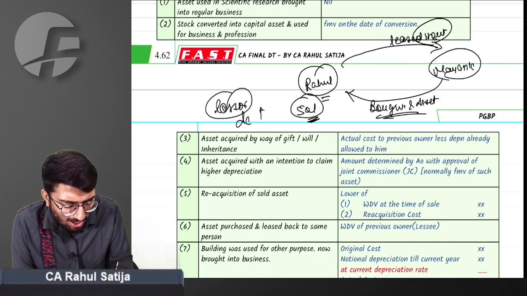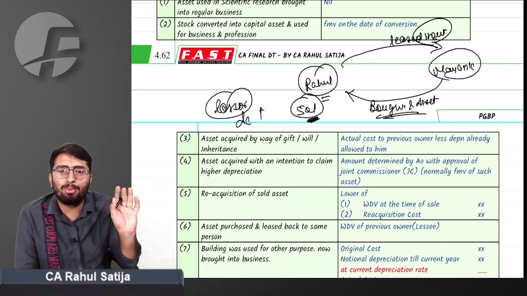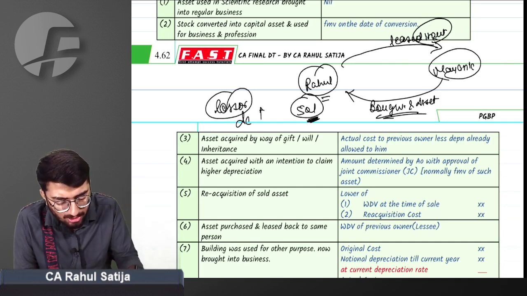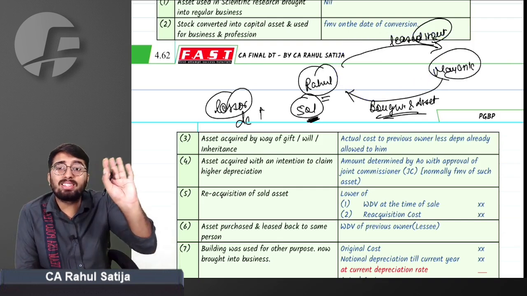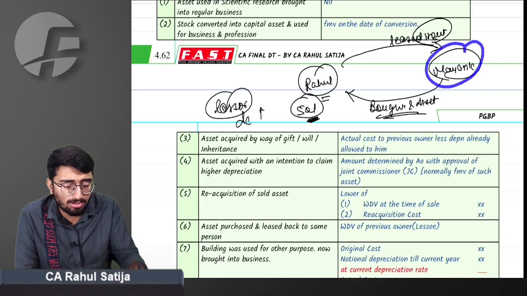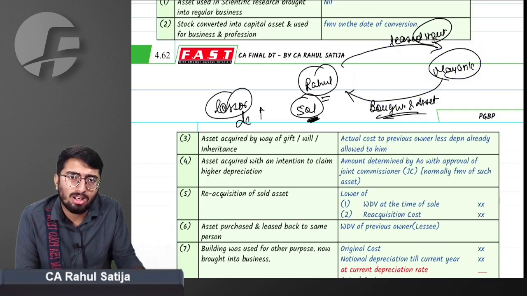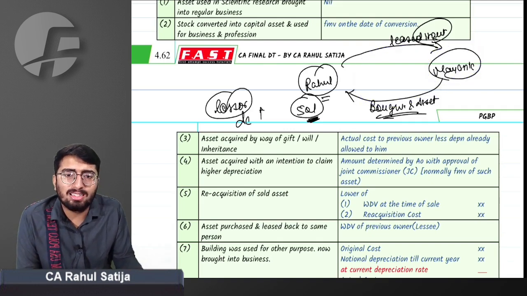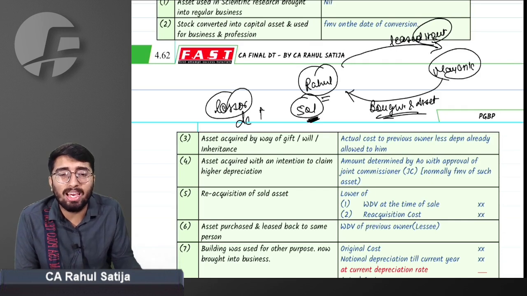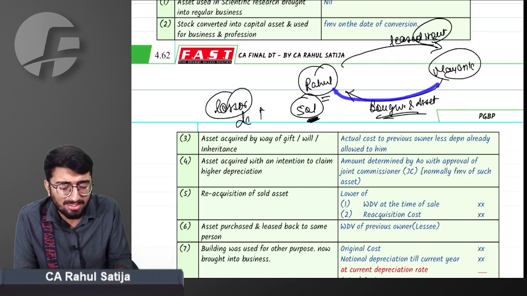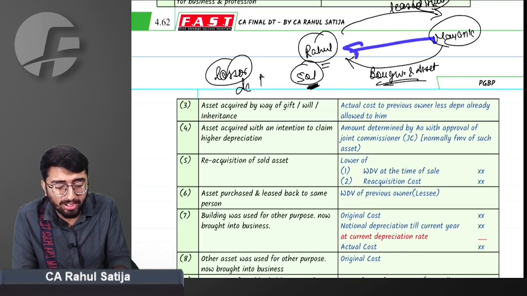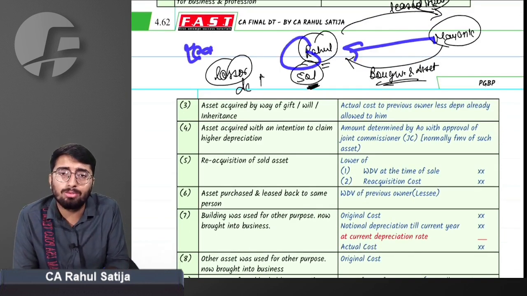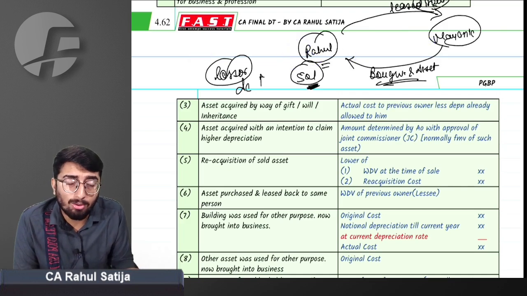But right answer is, sir, I don't have any real ownership of this property. Ultimately, this transaction is just a round tripping transaction. There is no essence in this transaction. Mayank was the owner, and right now, even Mayank is the owner. Will I be allowed depreciation? Right answer is I will still be allowed depreciation. Why? Because I have paid money to Mayank, and I am offering lease income also. For that matter, I will be allowed depreciation.